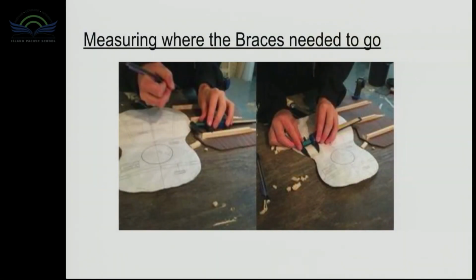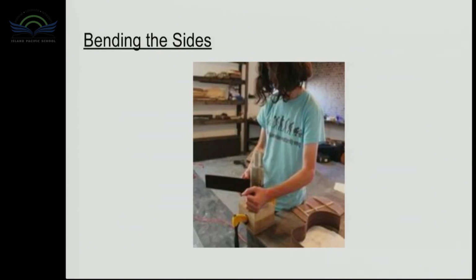A bridge plate is a piece of wood that goes on the inside of the ukulele, just under the bridge, which is on the top of the ukulele, and the bridge keeps the strings on. And the bridge plate reinforces the bridge. This is me measuring where I had to put the braces on the ukulele body. Next, we glued